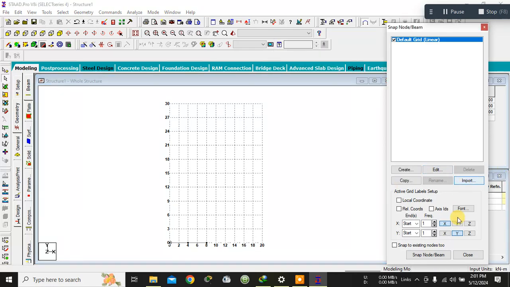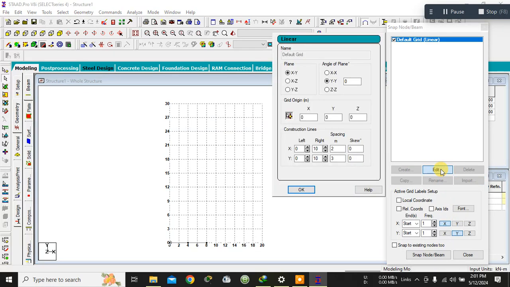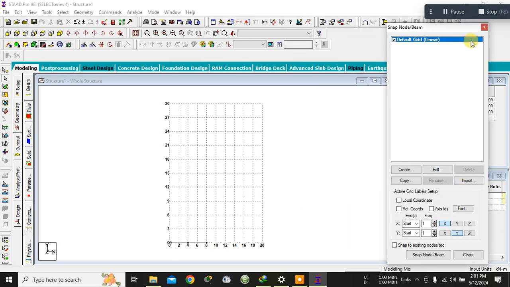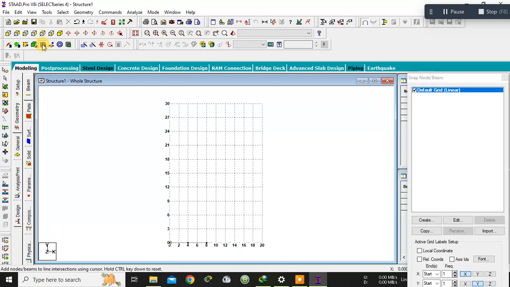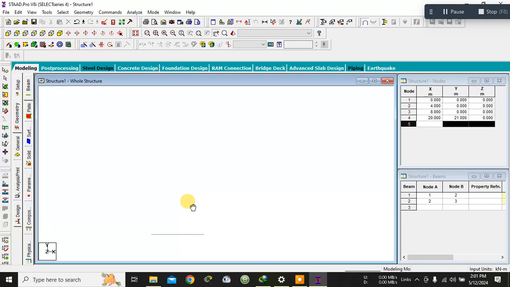Okay, so in the edit section you can go and you can set, but I will close this part. You can either close here by clicking this, or simply you can click here and close it. See, I have clicked here and I have closed it, or I can again click it and show this grid system, or I can directly click on this cross and show it. So this is the beam which I have drawn. As you can see here,